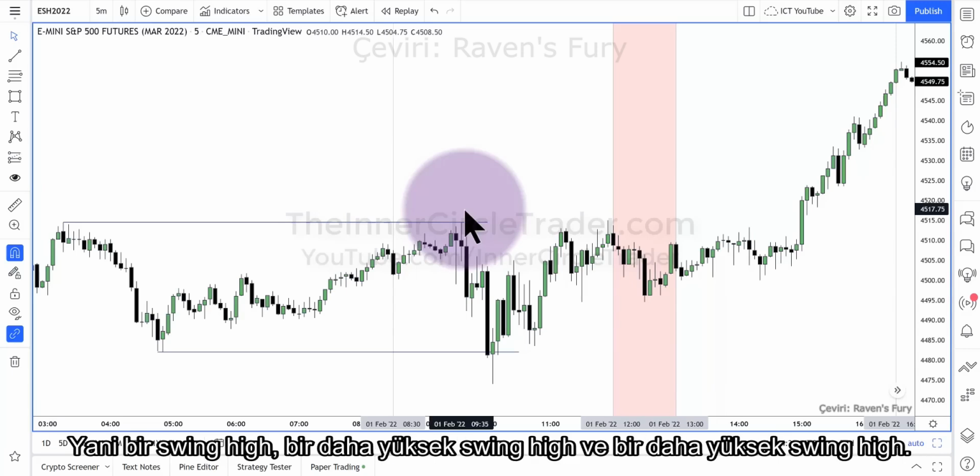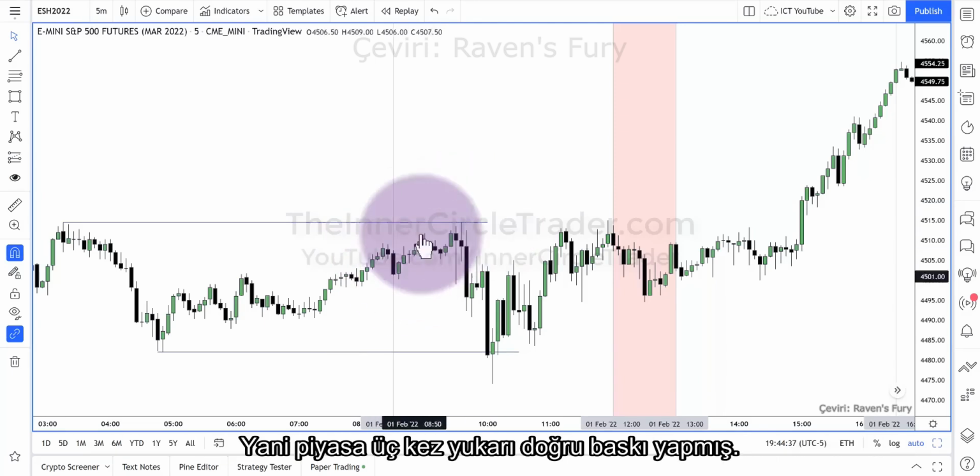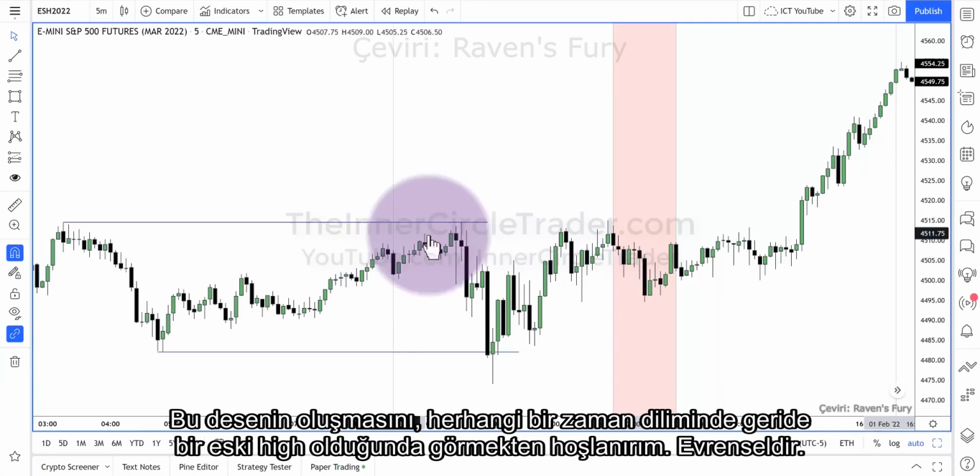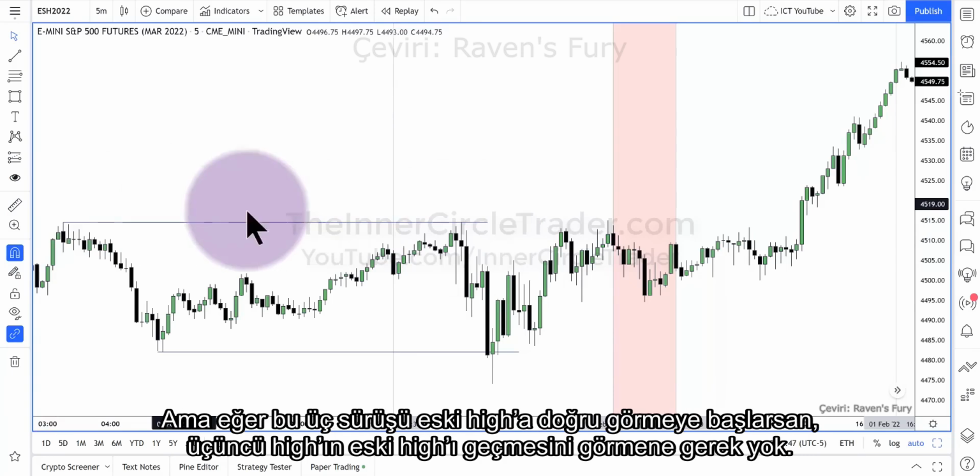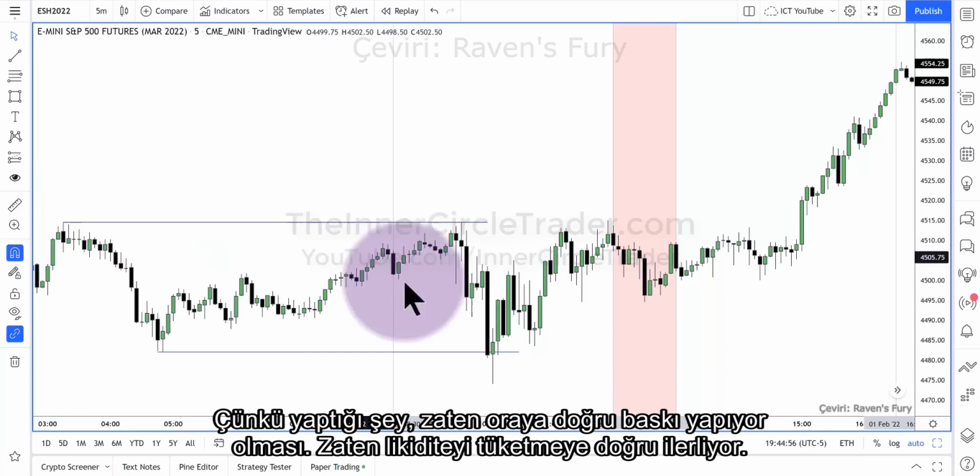Okay, that means it's a swing high, a higher swing high, and a higher swing high. So it's 3 times the market kept pressing up. I like to see this pattern forming when there's an old high back here, on any time frame. It's universal. But if you ever start seeing these 3 drives up into an old high, you don't have to see that 3rd high take out the old high,